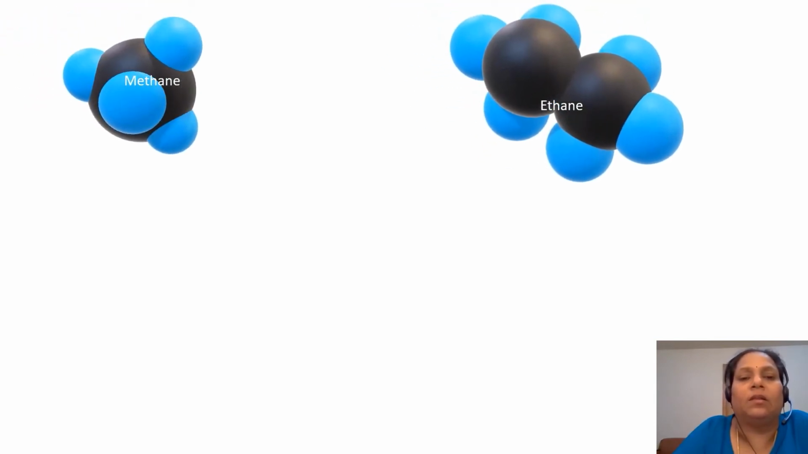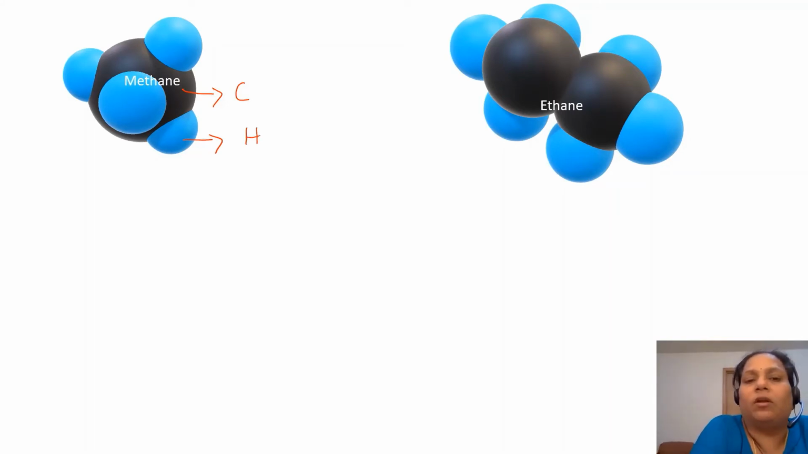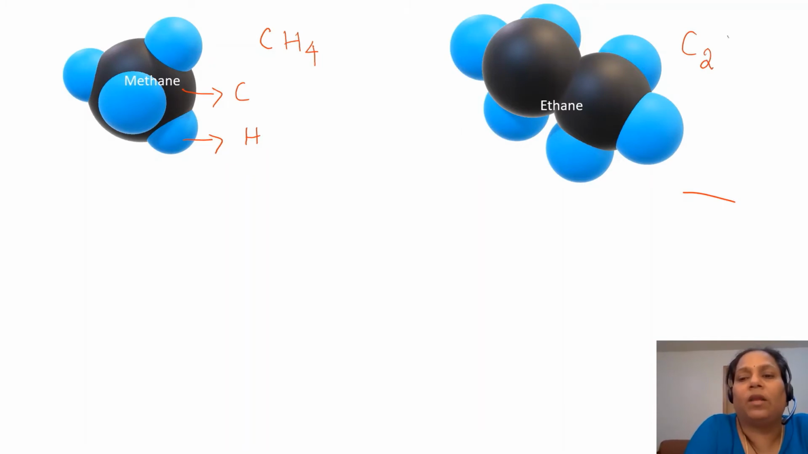So the next example I'm taking to explain the law of multiple proportion is that of methane and ethane, the alkane series of the hydrocarbons. Now in methane, we know that one atom of carbon combines with how many atoms of hydrogen? 4 atoms of hydrogen. So the molecular formula of methane is CH4. Whereas in ethane, I have 2 atoms of carbon combining with 6 atoms of hydrogen. So the molecular formula is